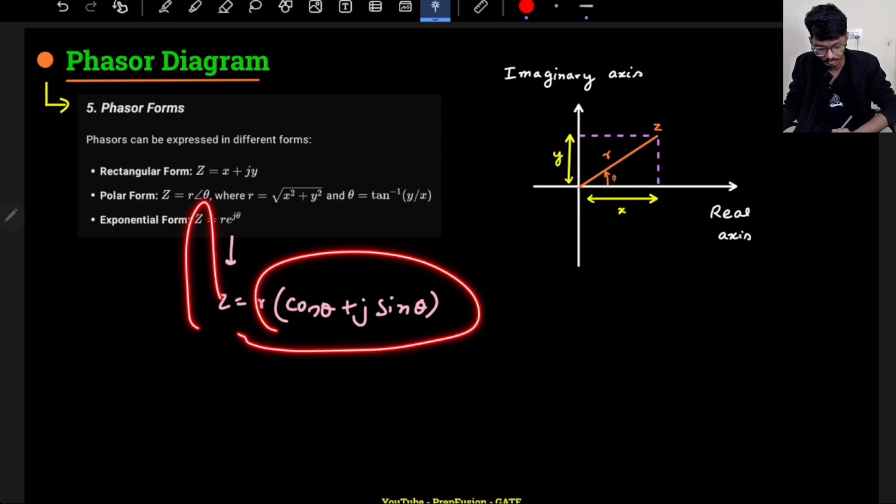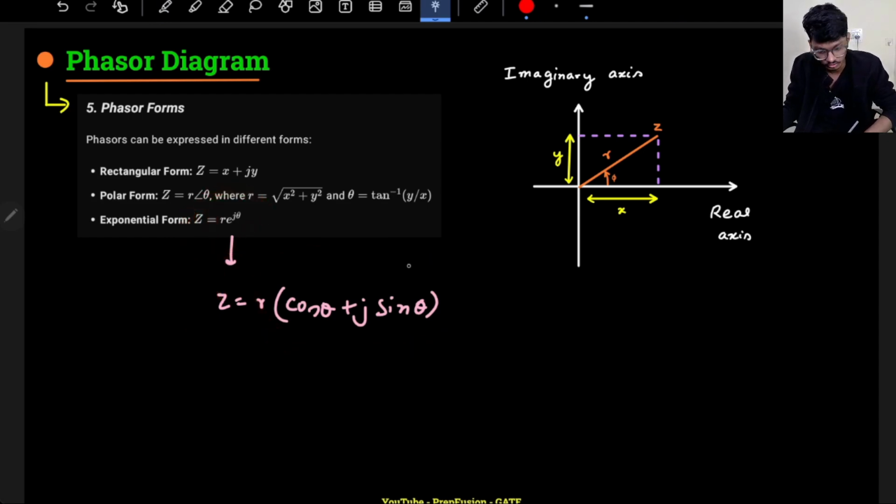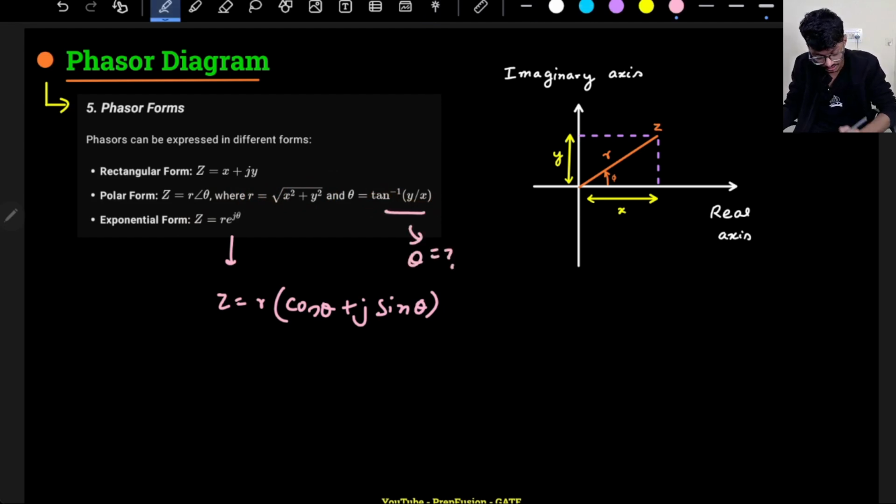This will be the rectangular format and this will be the polar format. So if you want to go back to polar format from rectangular format, your r will be the square root of x squared plus y squared, the magnitude, and the phase will be tan inverse of y by x. Now how to calculate this angle, that also I will discuss in the next slide,